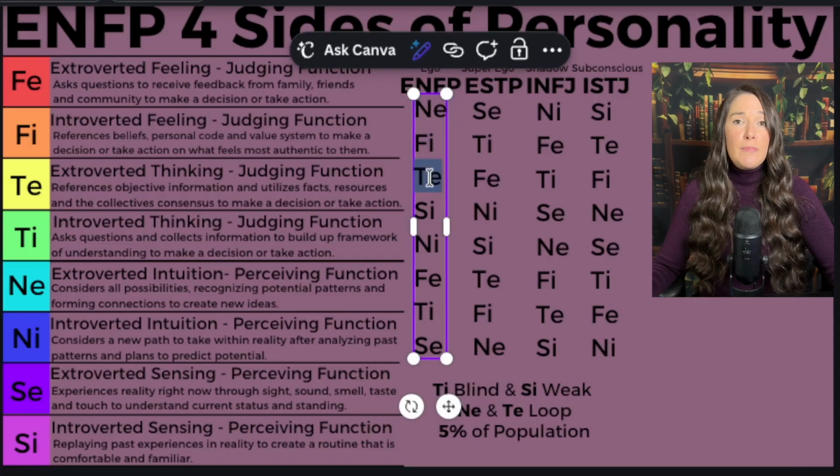Like I said in the very beginning, their main loop is NeTe. So since they have so many tabs open, since they have so many passion projects that they want to start on, they're a little bit impatient with accomplishing them all. They're not necessarily sure on how to take it step by step, but they understand they want to do it. They understand this is an objective thing I want to accomplish. This is something that's on my to-do list that I want to get done today, and they're going to be a little bit impatient accomplishing their goals.